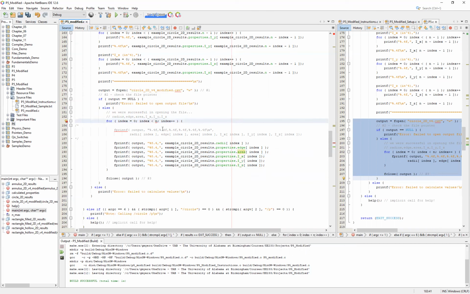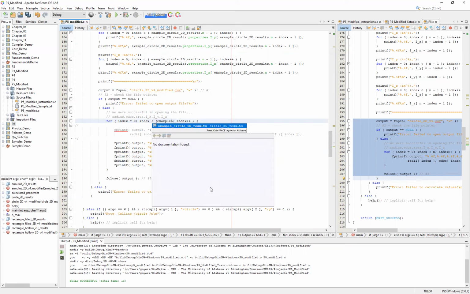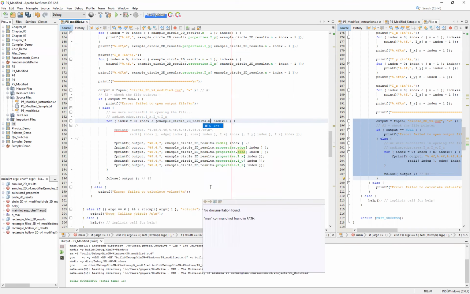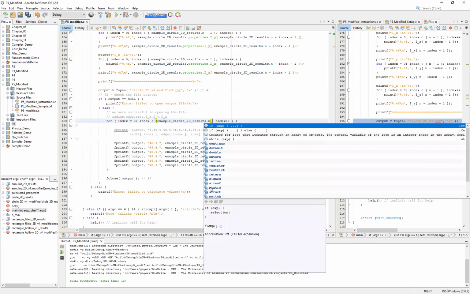And then the only change that we have to make as far as our for loop goes, because we again did not use a local N or an N in main, is that we simply need to specify that it is our example Circle 2D dot N. And so again, we're simply going to reference the N inside of the structure,